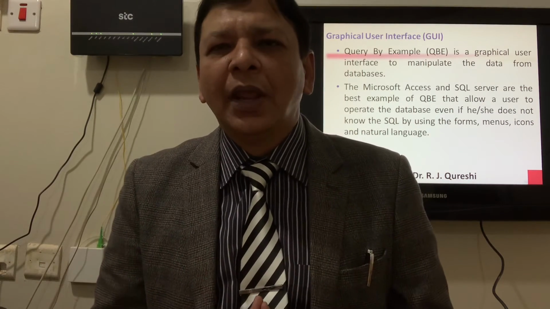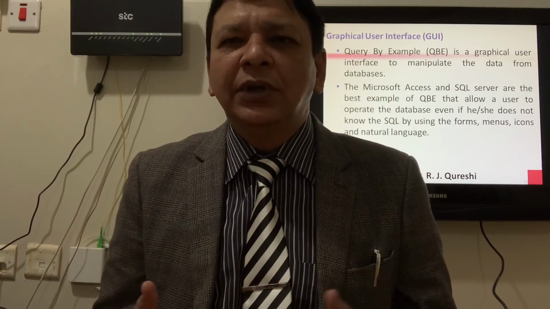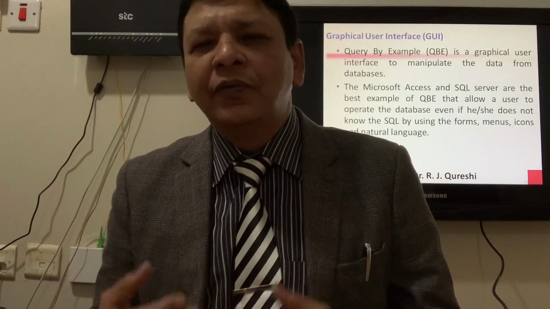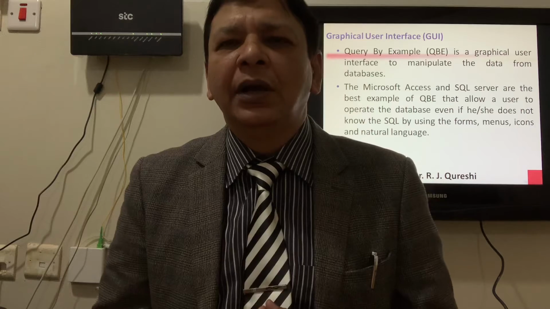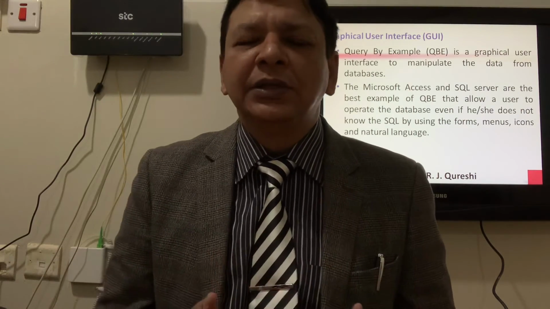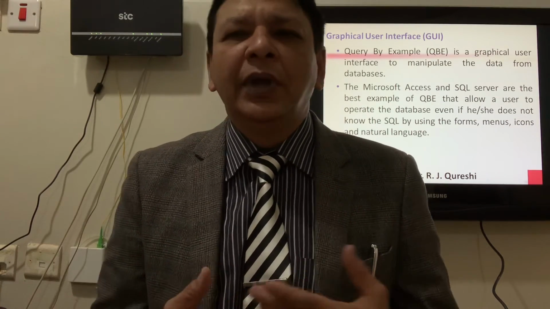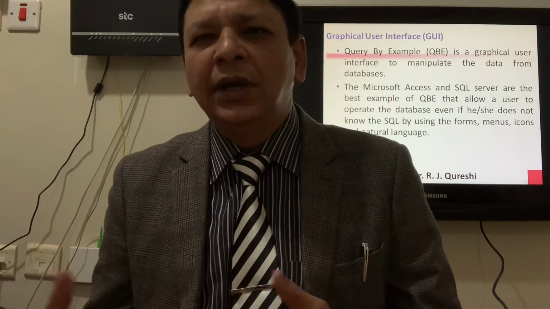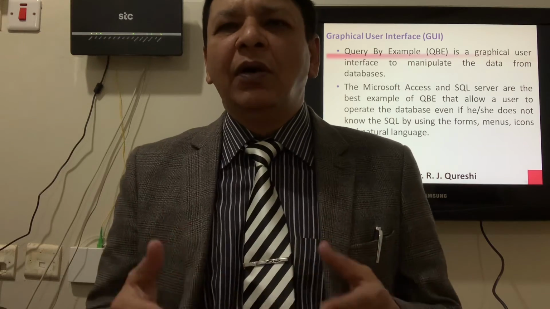We also have command button, text box and label box. And natural language is the native or conventional speaking language of the user, for whom we are developing the software. For example, English in America or Australia, French in France, German in Germany, Korean in Korea, Chinese in China, Urdu in Pakistan, Hindi in India, and Arabic in Saudi Arabia.